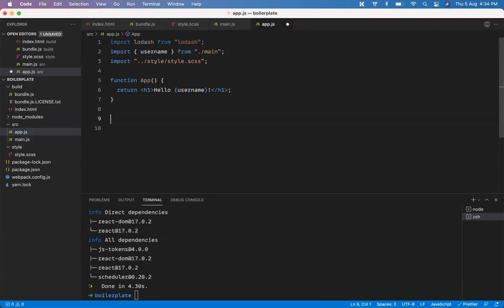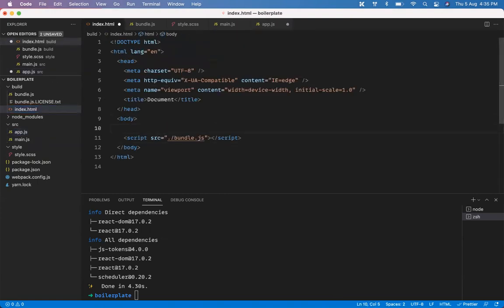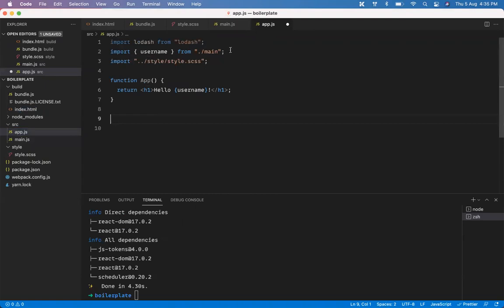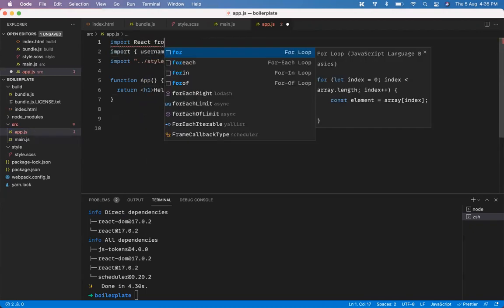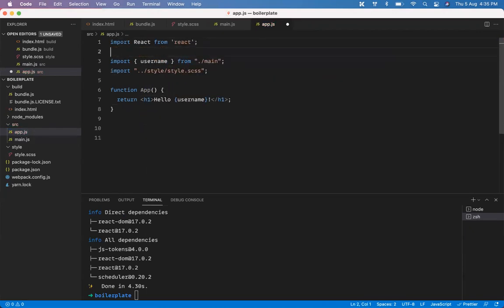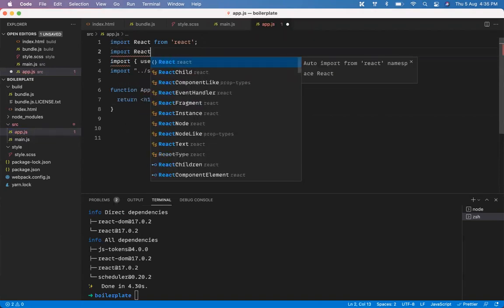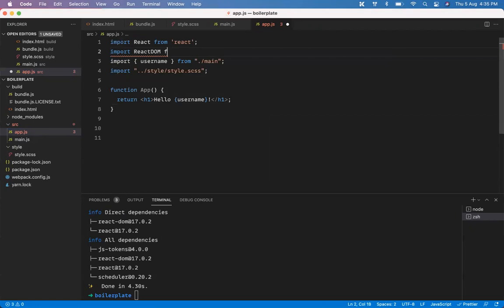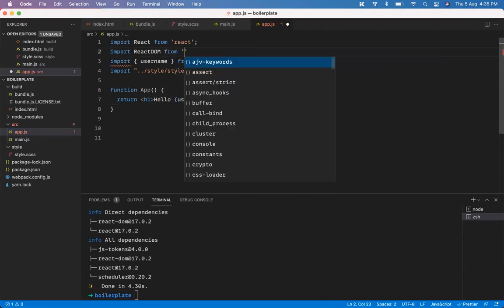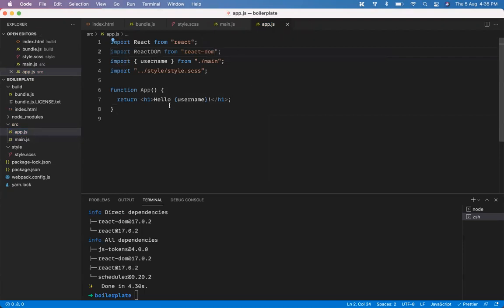So I'm just saying it like this, and from here, I need to render this on the HTML page, right? Whenever you need to render it, you have to pass where you want to render this whole thing. So it's going to have a div with id root, and here we need to select those things. You will also need React here, so I'll import React from React. Along with that, I also need to import ReactDOM from React DOM.